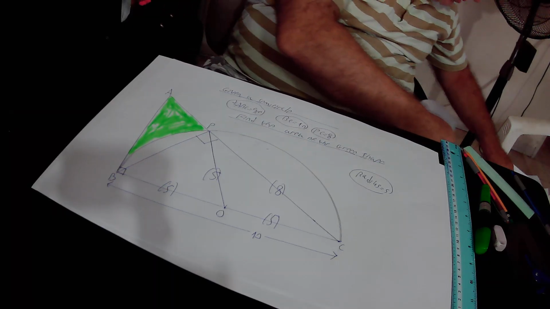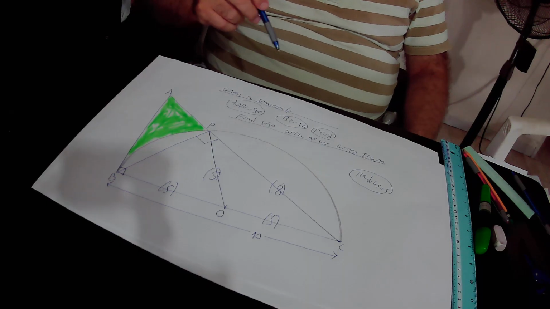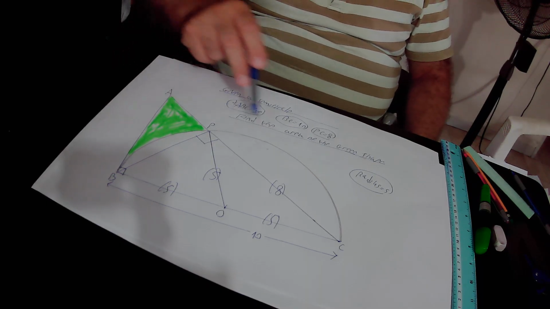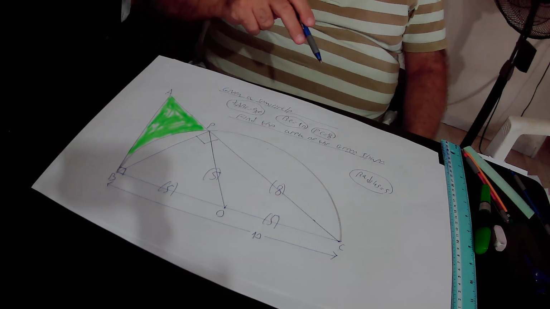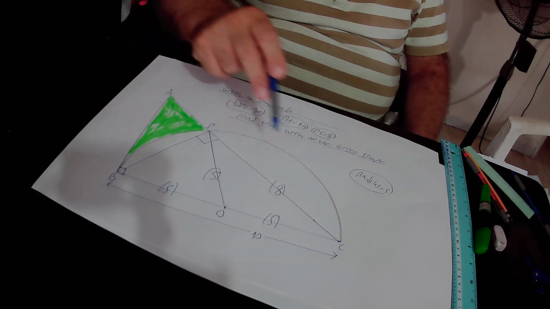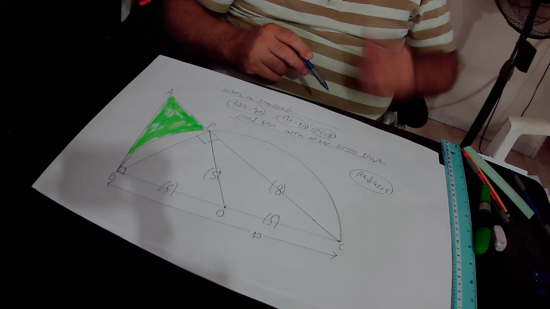In our drawing, as I mentioned before, we have peripheral angle BPC that subtends on BC, that is the diameter of this semicircle, and therefore peripheral angle BPC must be equal to 90 degrees in size according to rule 5. So